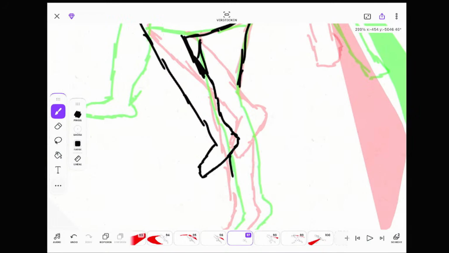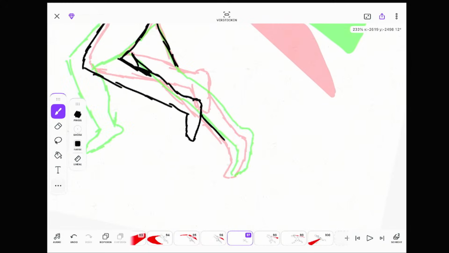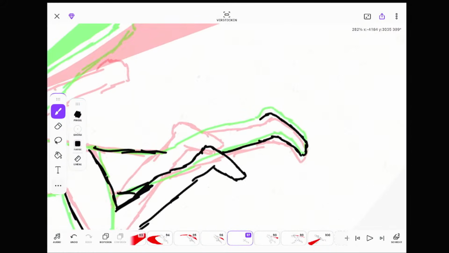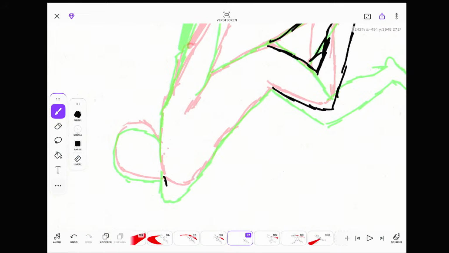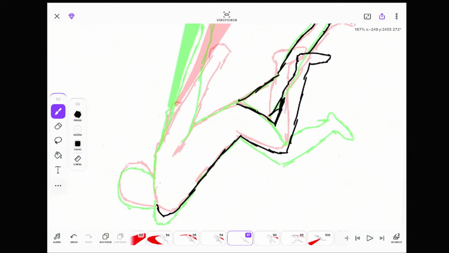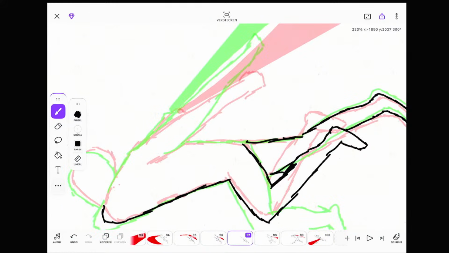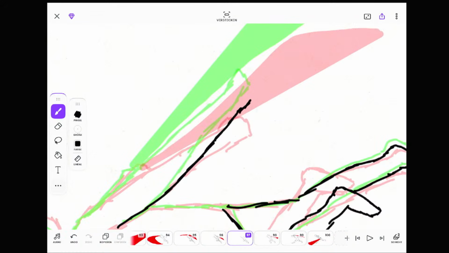Sometimes just drawing in betweens is very, very calming when it comes to animation because you just need to fill in the lines in between. I don't have to think about how I need to draw the pose. I just need to add it in, just draw the in betweens, and that's the good part of animation.